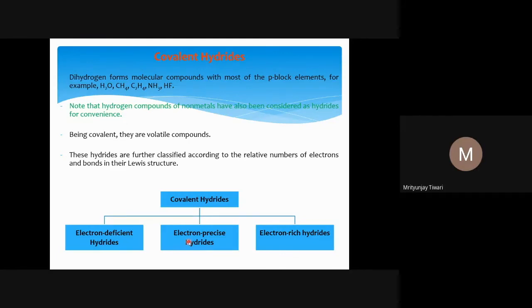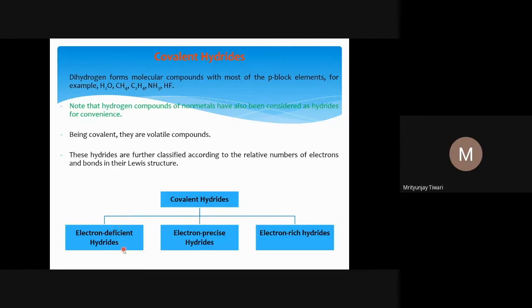But if you go one group left of carbon, that is the boron family, like BH3. Look at BH3, what will you see? Boron has only 3 electrons in its outermost shell, and these 3 electrons are shared with 3 different hydrogen atoms, and so the BH3 molecule is formed. 3 bond pairs exist in BH3, means 3 into 2 electrons. Only 6 electrons are there. So it is electron deficient. The octet of boron is not complete. So it is an electron deficient hydride, which is a Lewis acid.